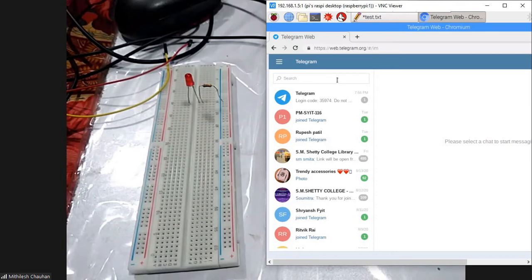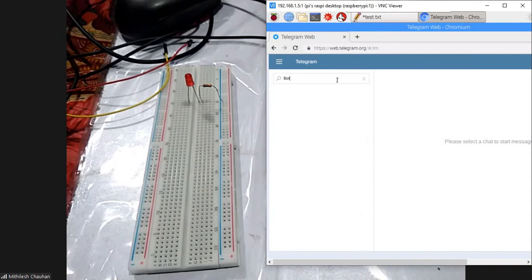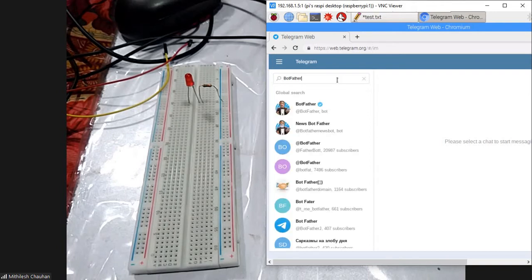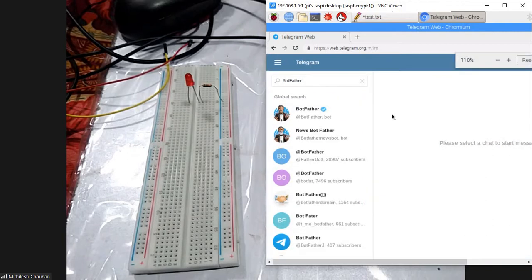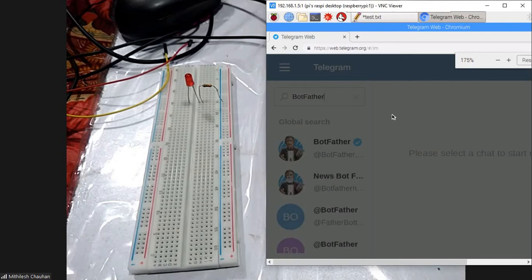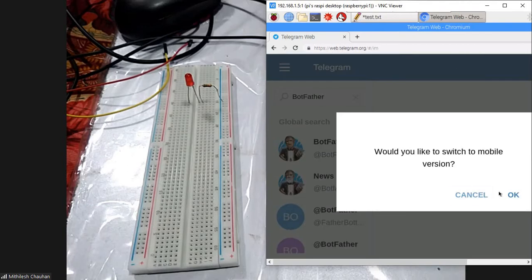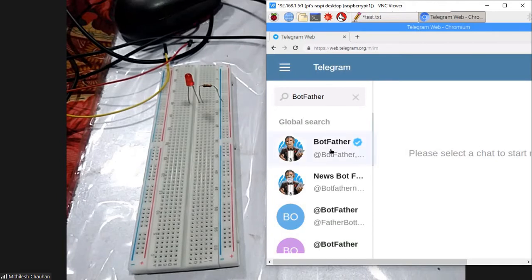To create a bot, we first have to search for the bot manager. The name of the bot manager is Botfather. Type this, and from the listings it is going to show one name which has a tick on the top.